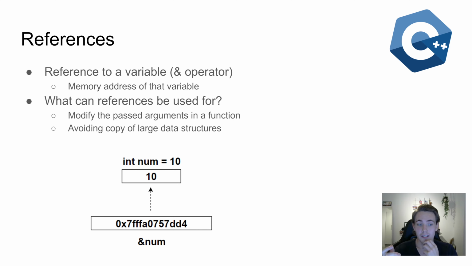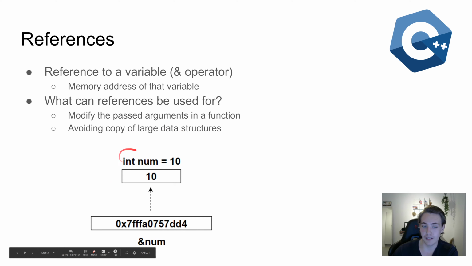So it's really good to modify arguments that are passed by reference, and avoid copying large data structures, and also smaller data structures. So it's a really good practice to use references when it's possible in functions, and also elsewhere in the program. So down here we can see that we have a reference here